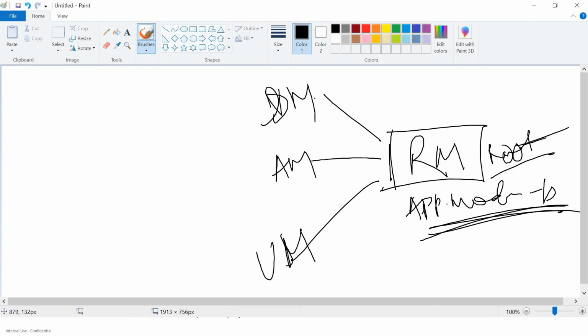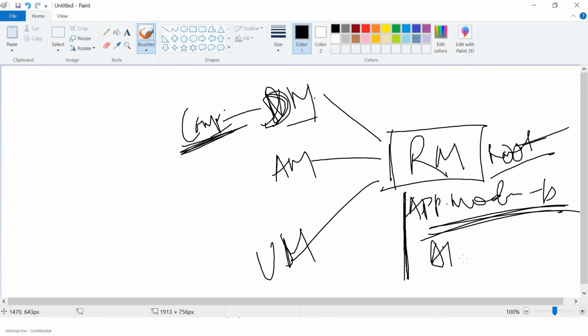This dashboard module is exporting one of its components. If it is exporting the component, whatever component is connected to this root module can access it.